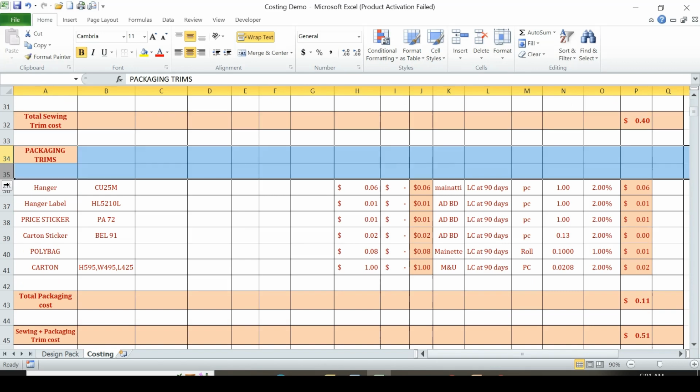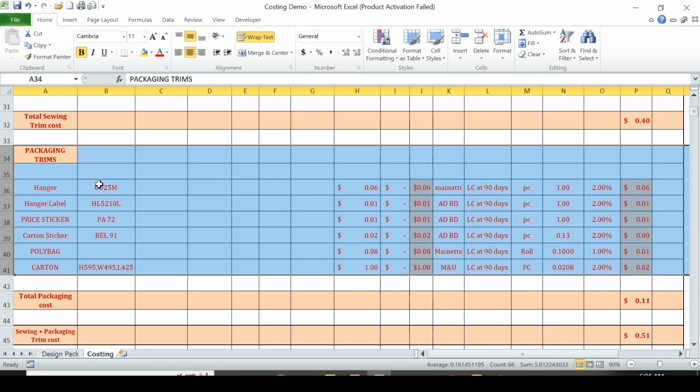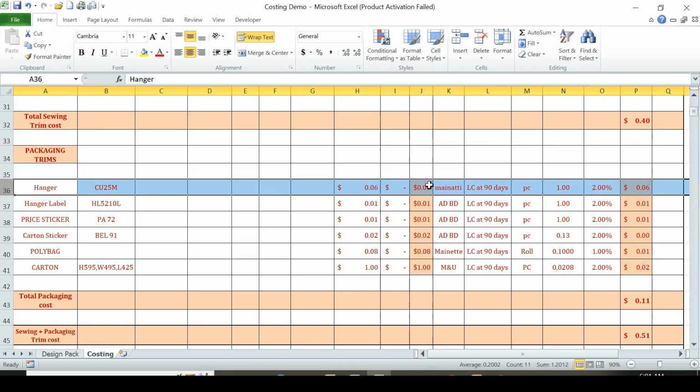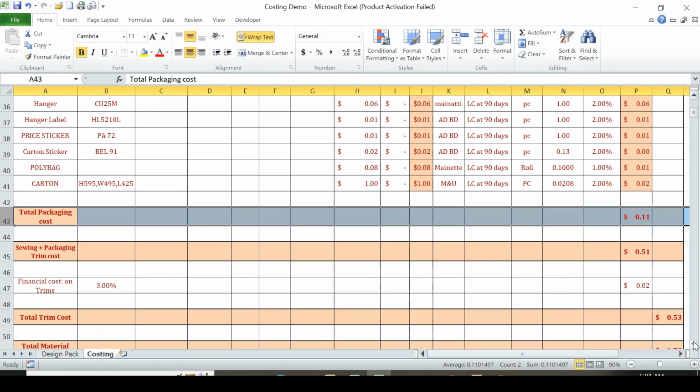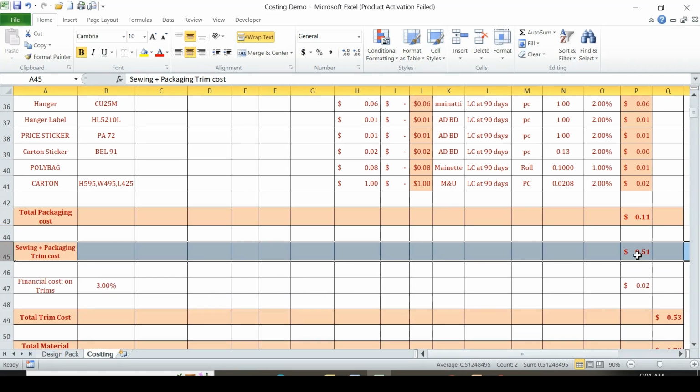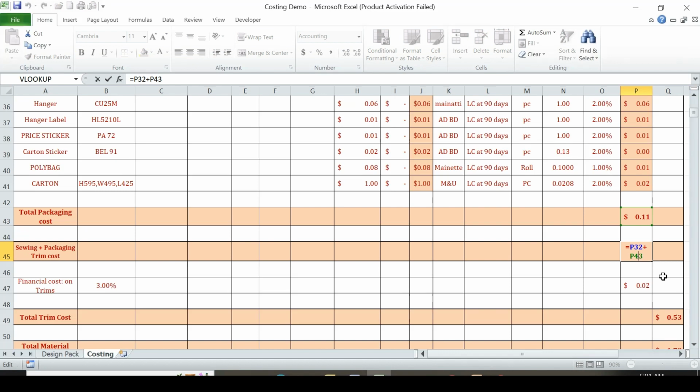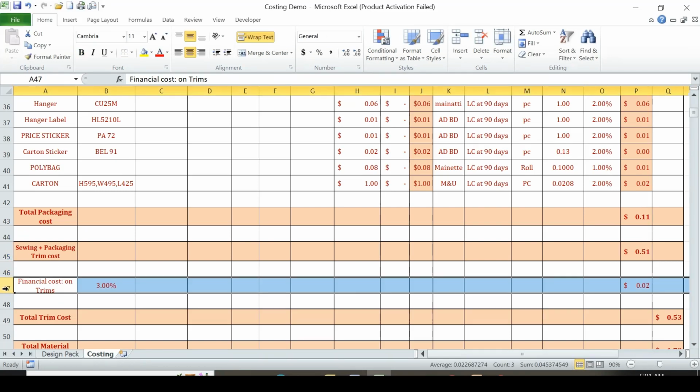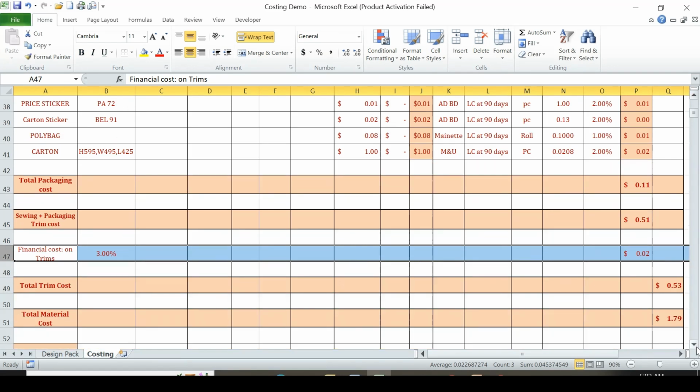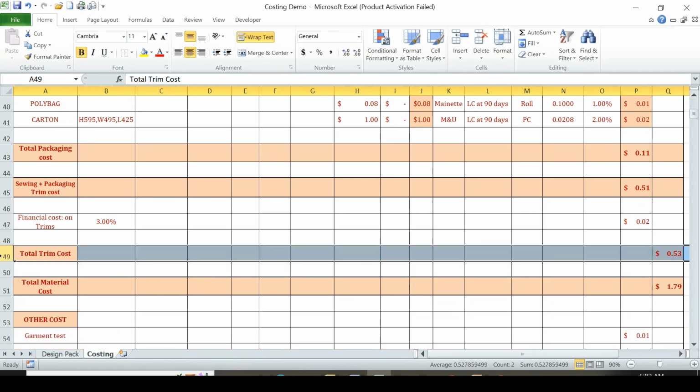Yes, now packaging cost. Another important thing. In the same way, you will put and you will find this packaging cost. Adding all this, I have received the total packaging cost. Now, I need to sum the packaging cost and trim cost here. After that, I will add the 3% commercial cost here. So, I have received the total trim cost is